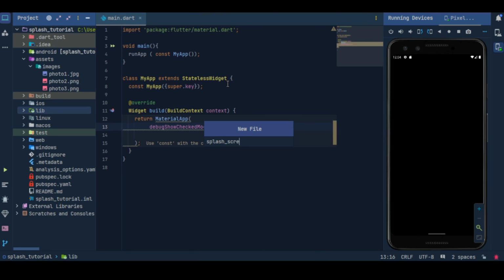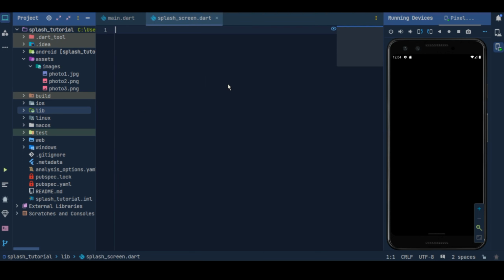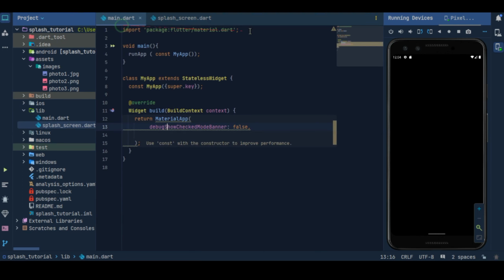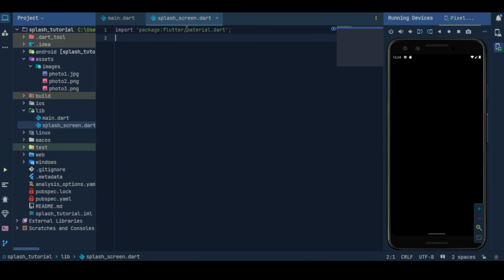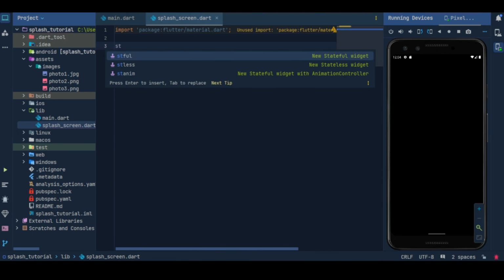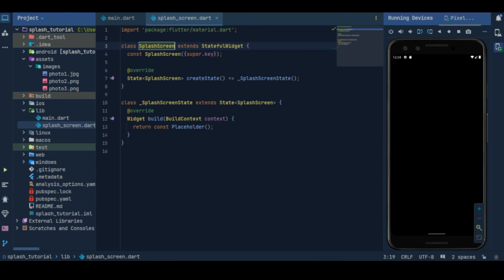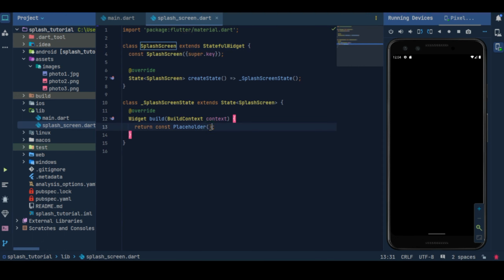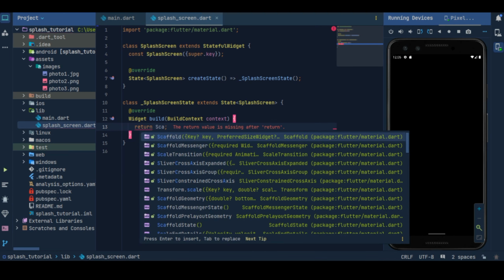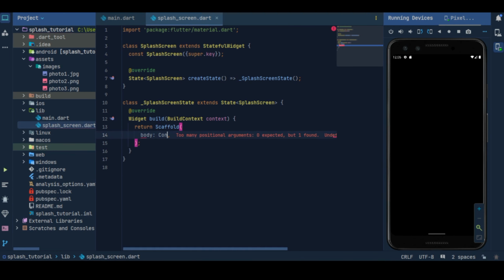I will name it splash_screen.dart, and import a package for my splash screen and a stateful widget, and return a class. Now replace the placeholder with a blank scaffold. In body,